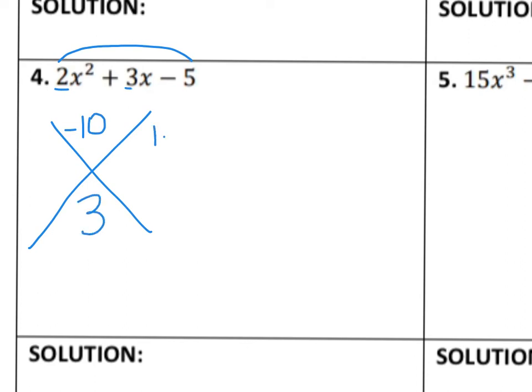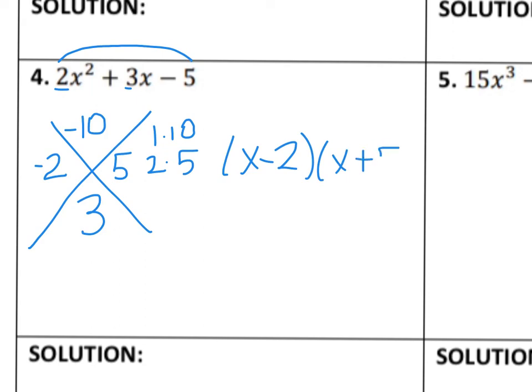Now I'm finding 2 numbers that multiply to negative 10 that add or subtract to give me 3. Let's try 2 and 5. In order for me to get a negative 10, I know one of them has to be negative, and in order to make this true for positive 3, we have to say 5 minus 2. So we can pull those out, x minus 2,